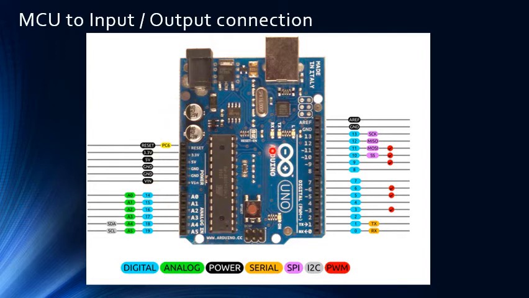As you can see here, there are some types of connections. So it is color coded. Let's talk about the easiest one, which is the power. The black lines here, if you want to connect the power, if you want to power the Arduino, the microcontroller,